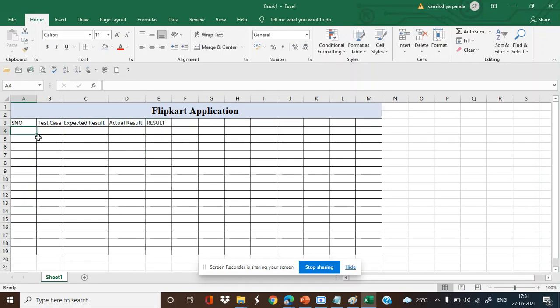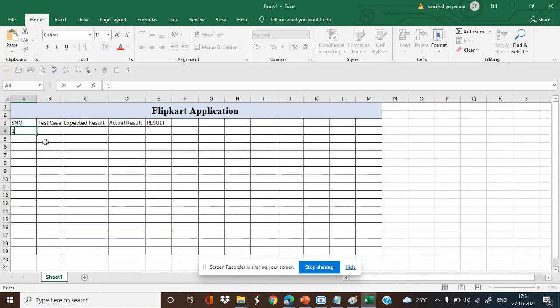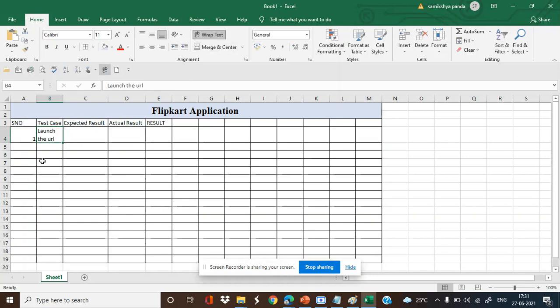Okay, let's see. I have designed this thing. Suppose I want to take this URL. Okay, first I'll try to launch the URL. Okay, and what should my agenda be? It should show